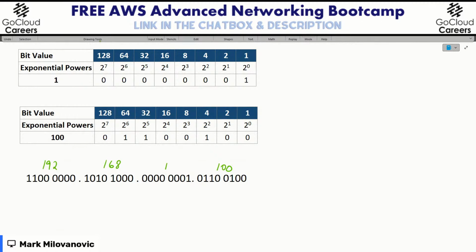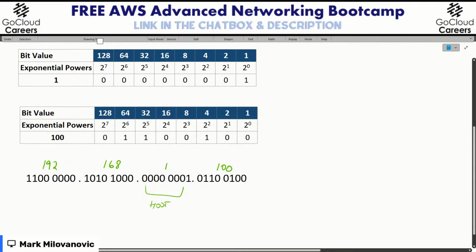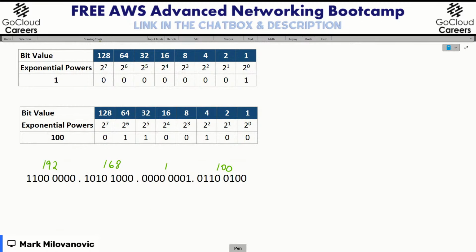Now we're going to do one final exercise before we go on to trying to figure out, since Mike mentioned it earlier, how particular values or particular bits mean that they're part of the network, while perhaps other bits mean they're part of the host. So before we move on to that though, we're going to do conversion just to test. But take a look at this. This 32 bits of zeros and ones, you guys just converted. You've done one of the hardest things when it comes to subnetting.